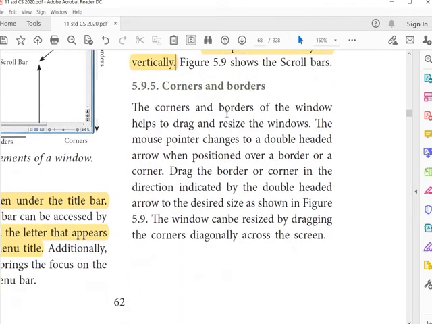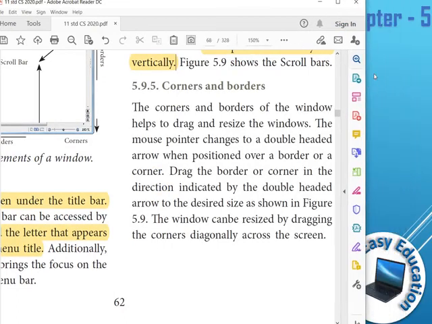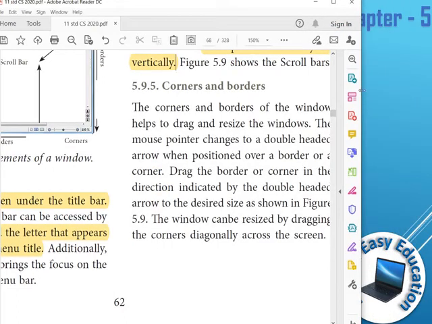Corners and borders. Corners and borders of the window help to drag and resize the windows. The mouse pointer changes to a double-headed arrow when positioned over a border. If you want to change, see here. Can you see the double-sided arrow? Are you following me? Now the mouse is in white. Now the mouse is in black color. Now it's in double size.